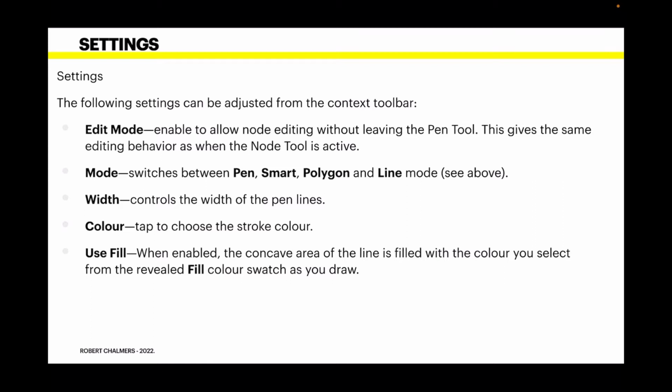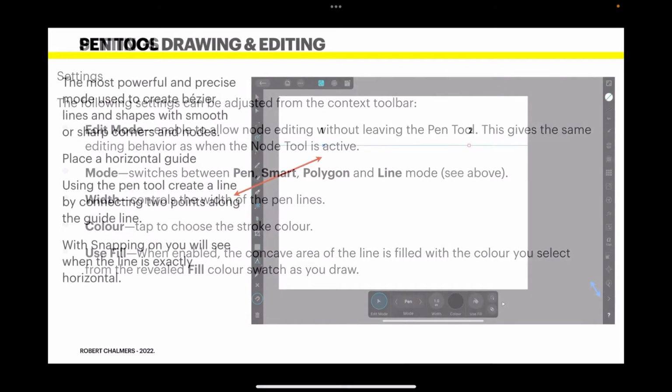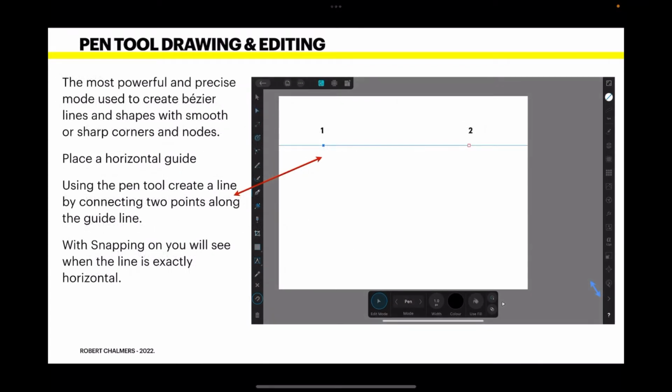Now use fill. When enabled, the concave area of the line is filled with the colour you select from the revealed fill colour swatch as you draw. But we won't be using that because I don't want to fill anywhere with colour just at the moment. I'm just showing you what the pen tool does. You can experiment, of course. Now,